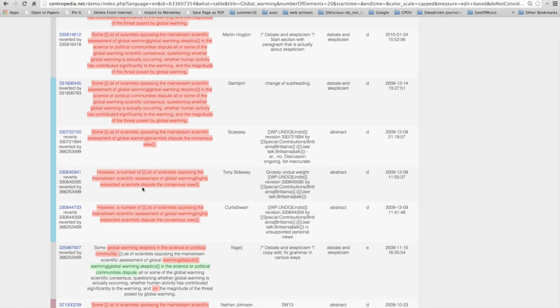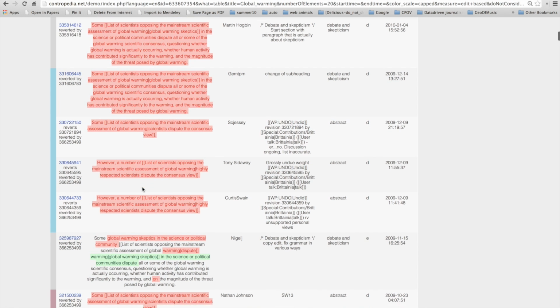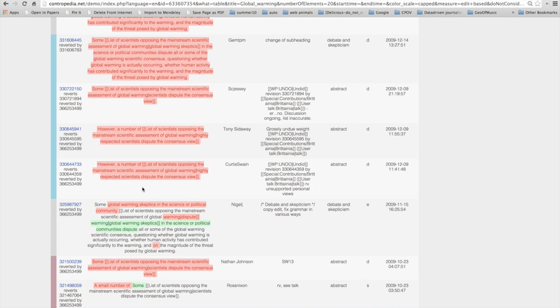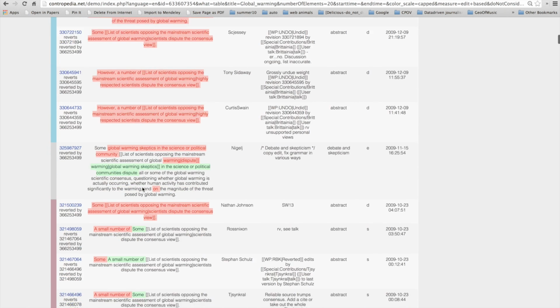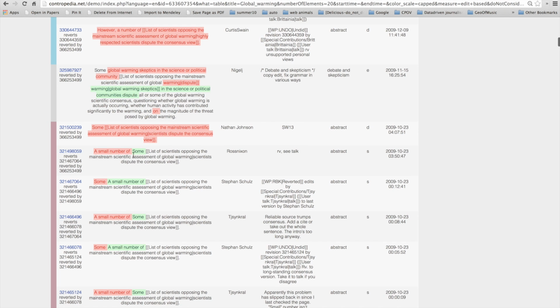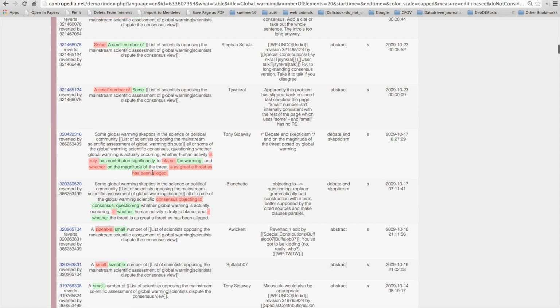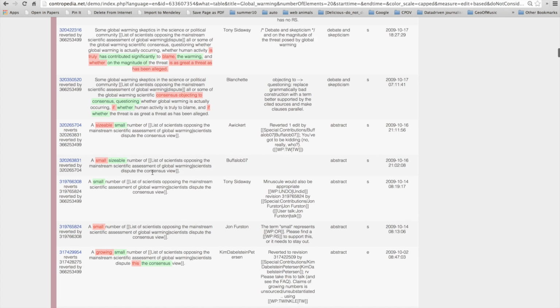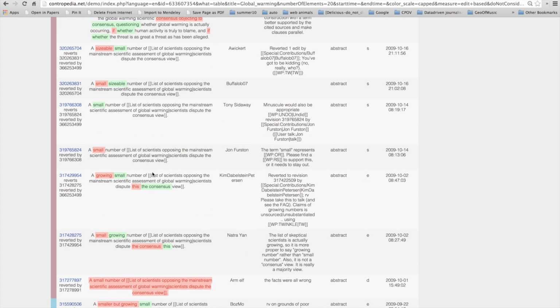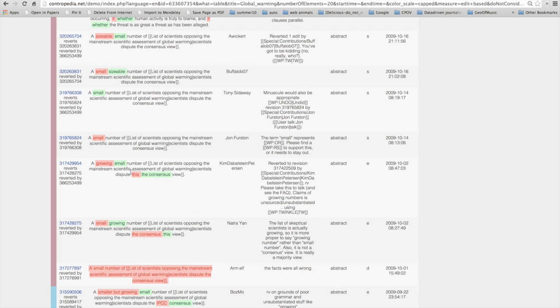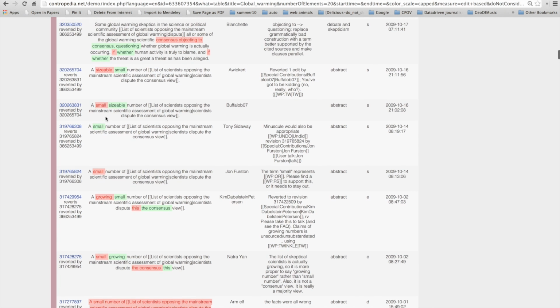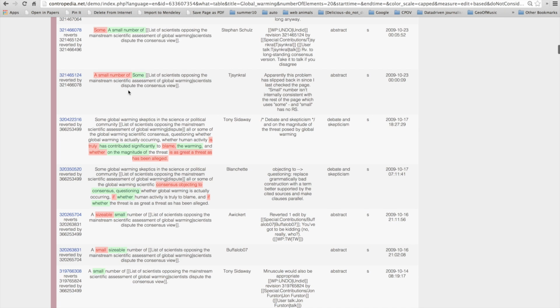When you read the edits, you can characterize what the edits are generally about. Is the same type of edit recurring over and over again, or does this change over time? In the list of scientists example here, you can see that it starts with a number of reverts, and then a bit further down you can see the main controversy around this particular element, and that is basically about the size of the opposition against the mainstream scientific opinion on climate change. Is it small, growing, sizable, few, a small number of, some,